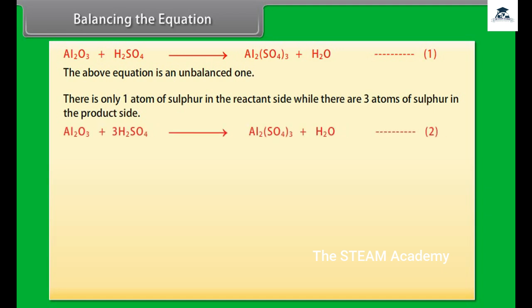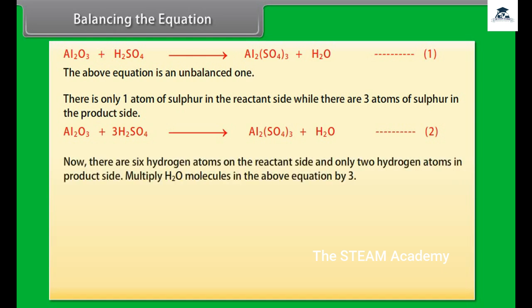Al2O3 plus 3H2SO4 gives Al2(SO4)3 plus H2O, equation 2. Now there are 6 hydrogen atoms on the reactant side and only 2 hydrogen atoms in the product side. Multiply H2O molecules in the above equation by 3. Now the equation 2 becomes